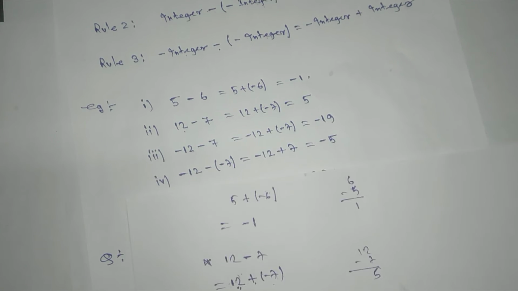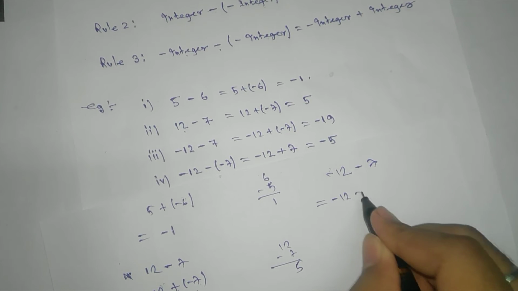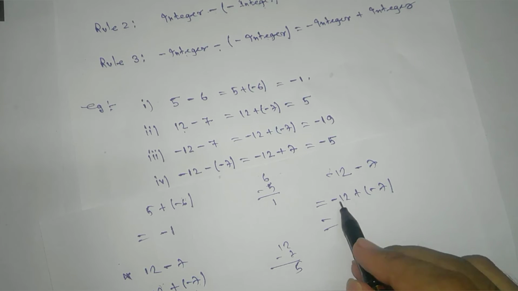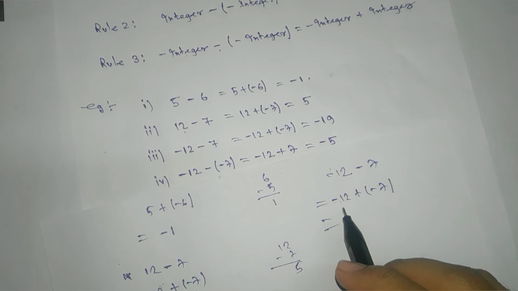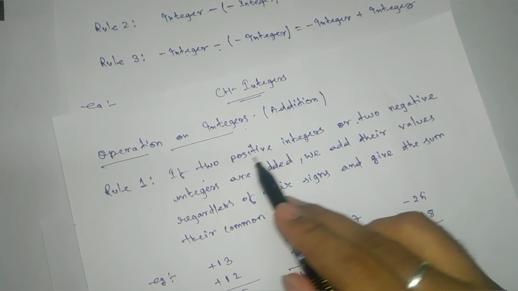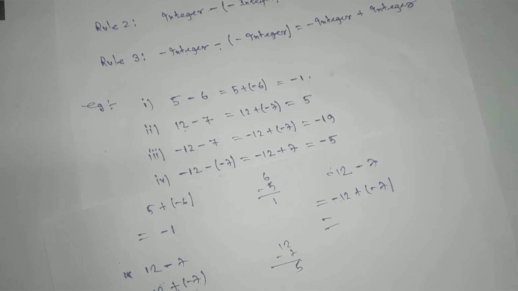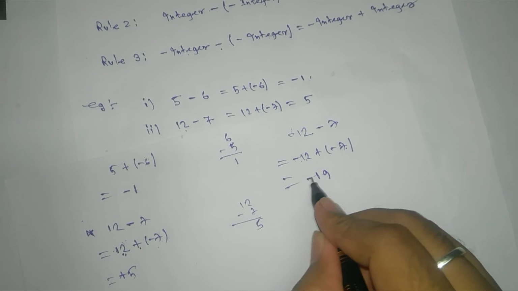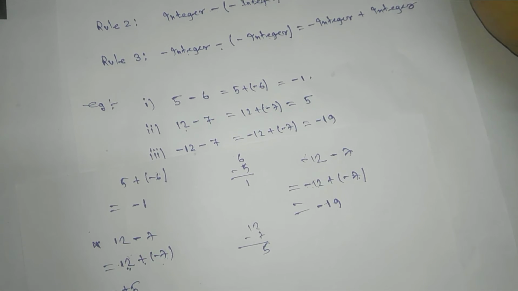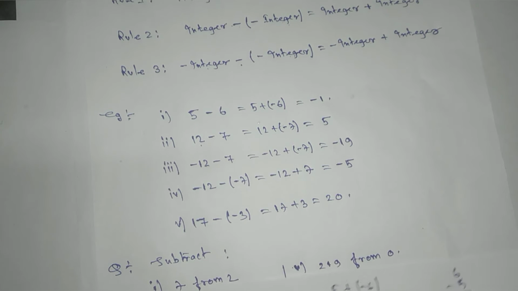Okay, now next, minus 12 minus 7. This can be written as minus 12 plus minus 7. That means both integers are negative, and if we add them, which rule will we take? Right now we have seen that if both are negative integers, we add them and keep their symbol. That means 12 plus 7 is 19, and then we take their symbol, that is minus. So what we can see here is that for subtraction we convert it into addition form, and then we use the addition law or rule. Okay, so I hope it is quite clear.